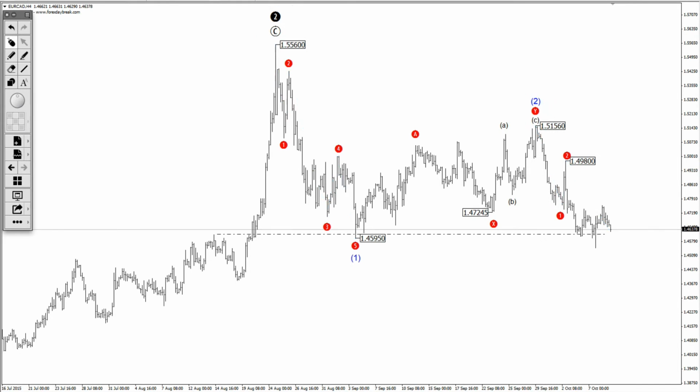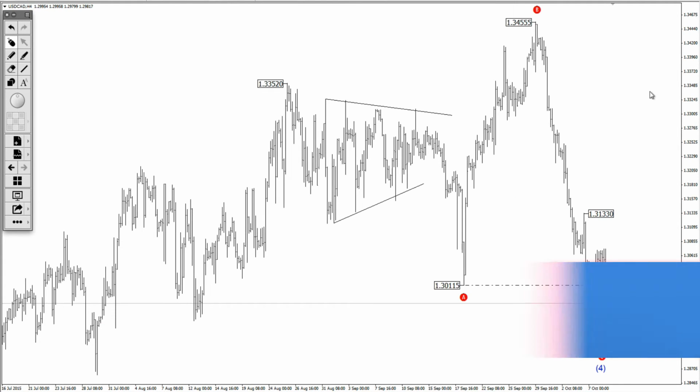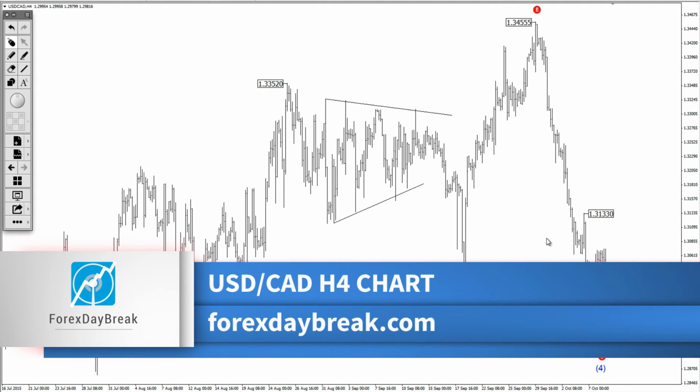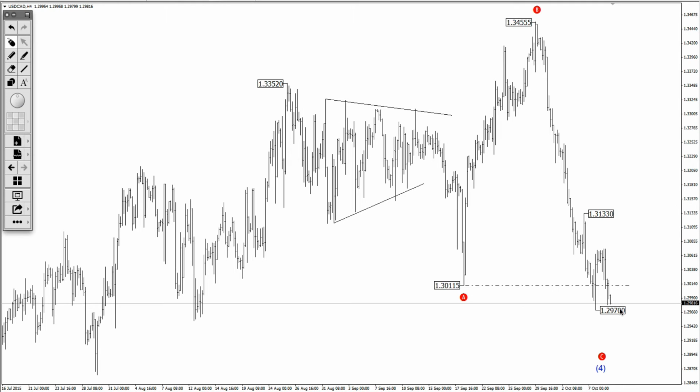Alright, finally we have US dollar Canadian dollar, which has continued to decline. This 129.7 low, we have made an upwards corrective move, now are declining again. Hard to say what would be the target for this correction,